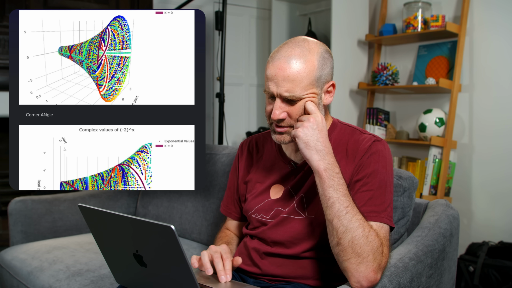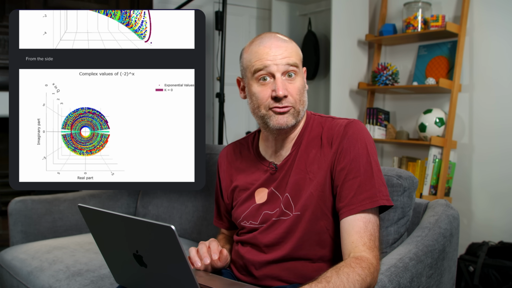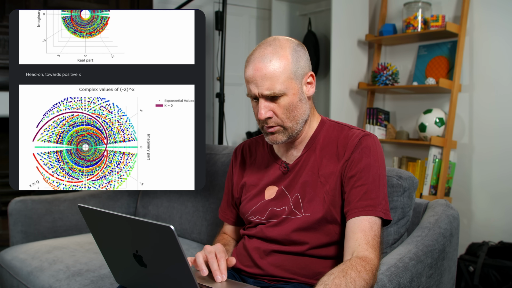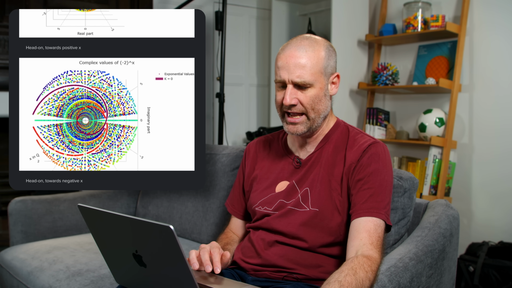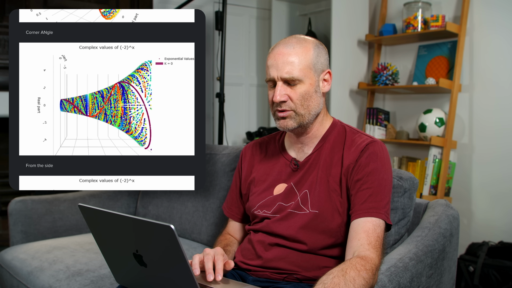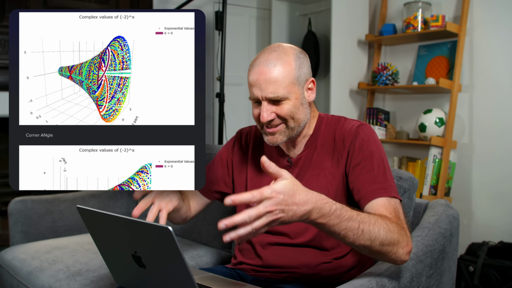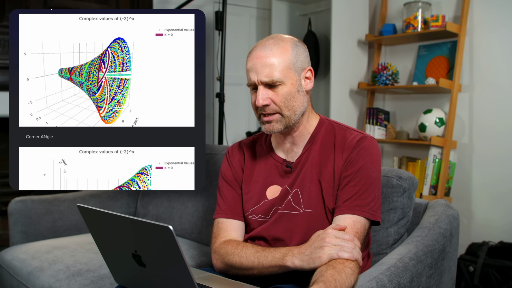We get different angles of the maths trumpet from the side. I mean, that's either front or back on. I don't care to know. And look at that. I mean, that's head on towards -x. And this just really stuck with me. I'm like, that's an amazing trumpet. Like, it's such a phenomenal object, but what on earth is it?